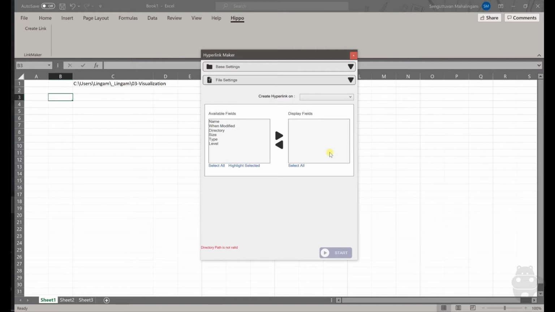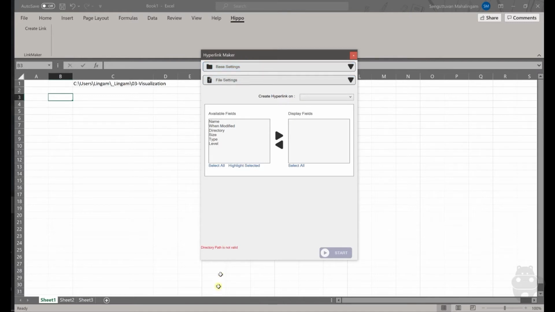It even goes up to several sub-level limits, sometimes all sub-level limits, and fetches all the folders, and then prepares or populates the data into the active worksheet, and also creates a hyperlink in such a way that when the user presses the hyperlink, the file or the directory will be directly opened through the default program that is designed to open it. So we will see a short demo.